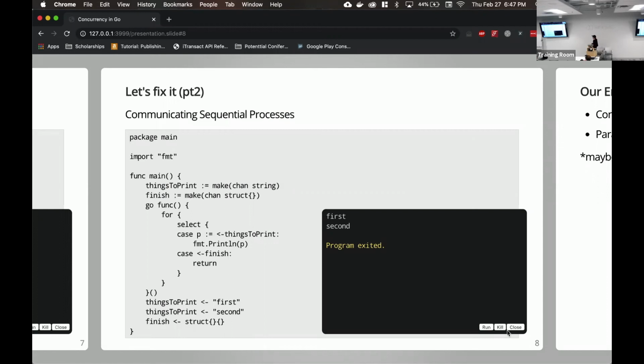The whole finish thing is kind of complicated, but pretty much what happens is if you don't have it there, your go routine, the go func, the program will exit and the go routine will still be running, and that's called a go routine leak. You don't really want those. Those can be problematic sometimes.